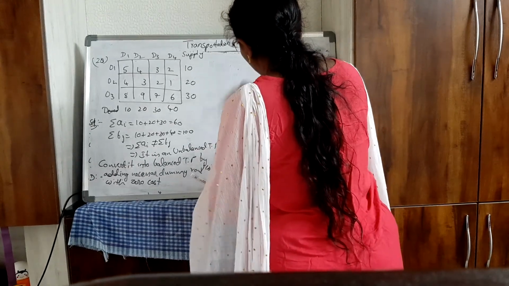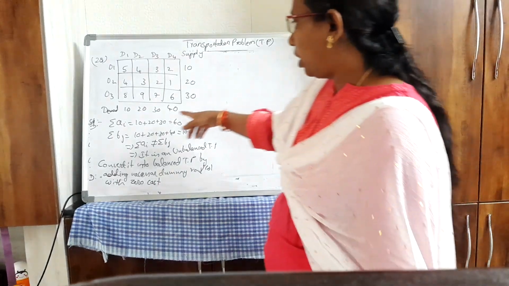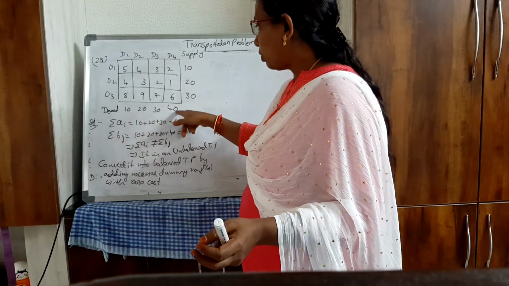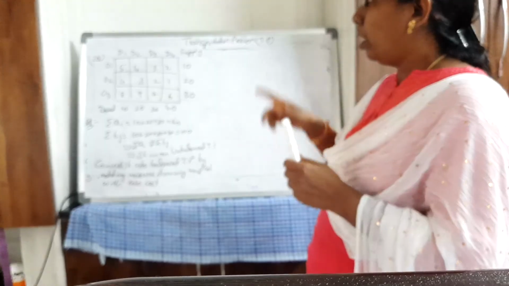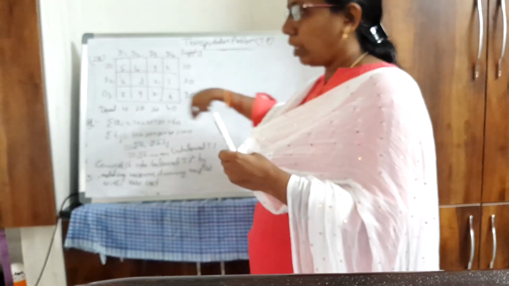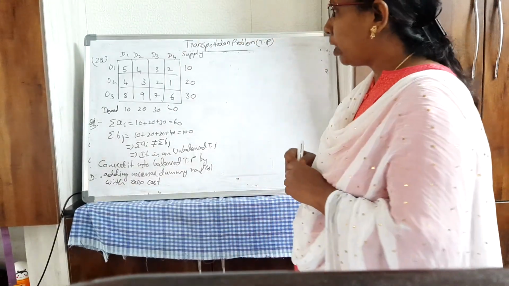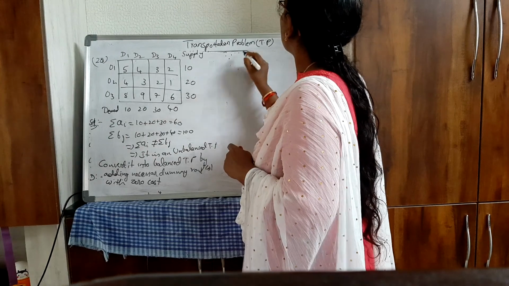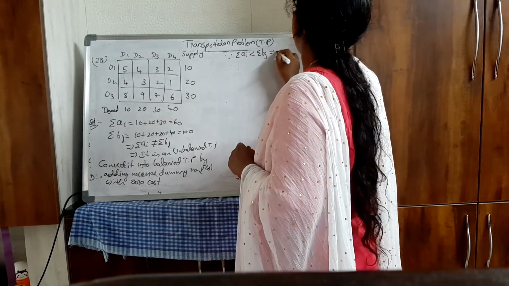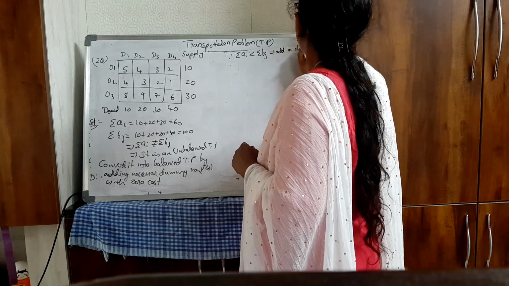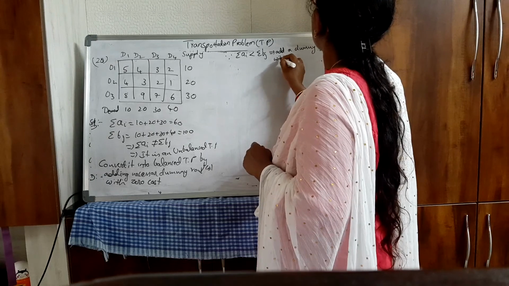So what do I need to add here? Do I need to add a row or a column? See, here I have columns extra as 40, and I don't have one row which should be 40. So I need to add a row. Whenever supply is less, you need to add a row. Whenever demand is less, you need to add a column. So here, since summation Ai is less than summation Bj, add a dummy row with zero cost.